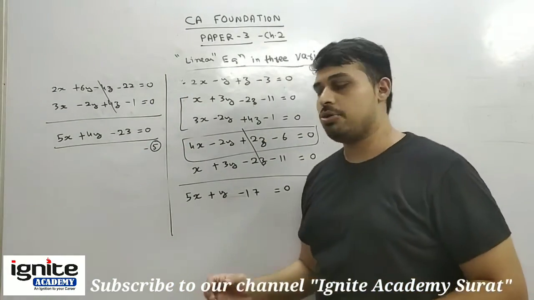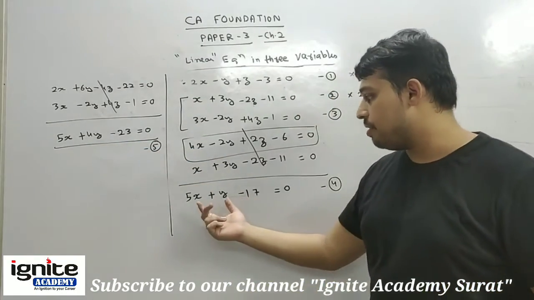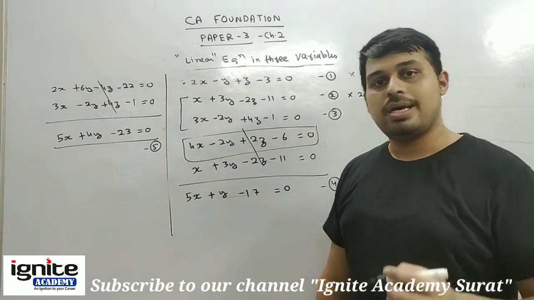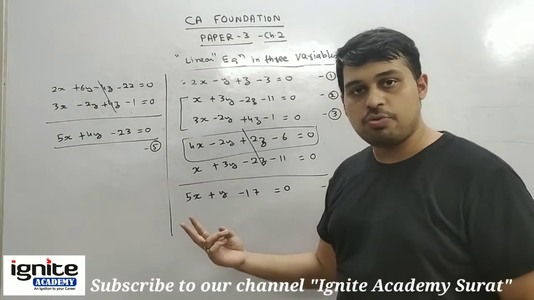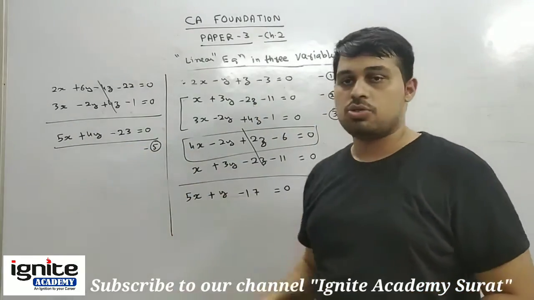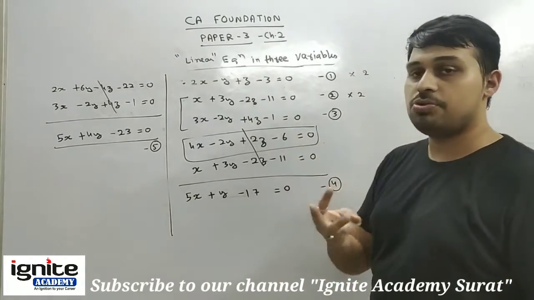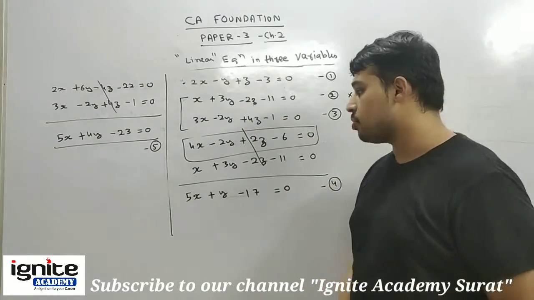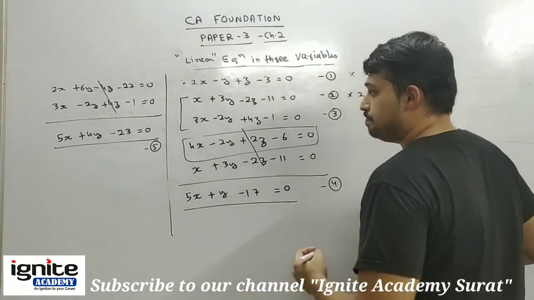Now, again, you have to solve equation 4 and equation 5, and thus you will be able to find the values in the same manner as we did yesterday. We had linear equations in two variables. See, these are the two variables and these are the two equations. So if there are two variables, you need two equations. If there are three variables, you need three equations. That we already saw and discussed. So now we will solve these two equations.